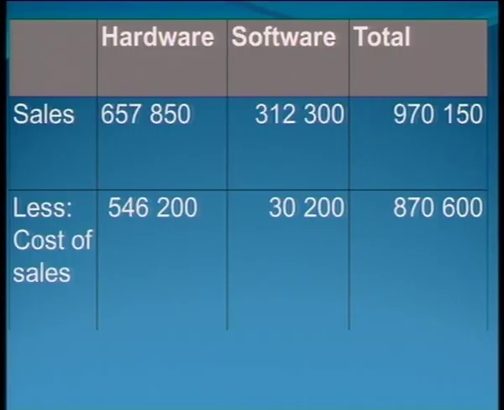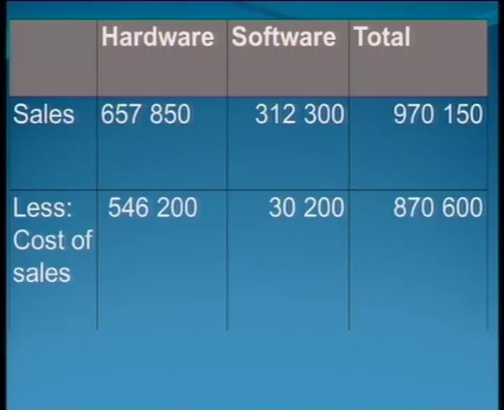It was $657,850. The sales for software was $300,000. The total for the sales for both hardware and software was $970,150. Now we say less our cost of sales, which is